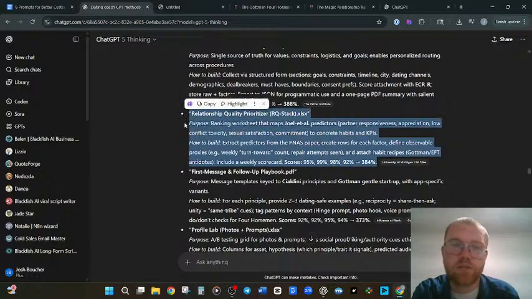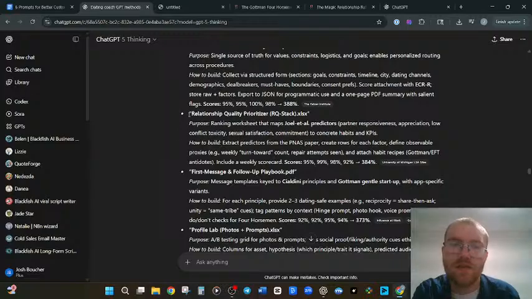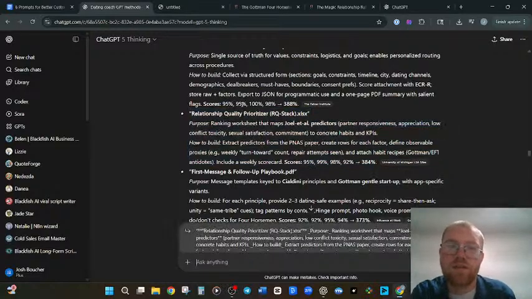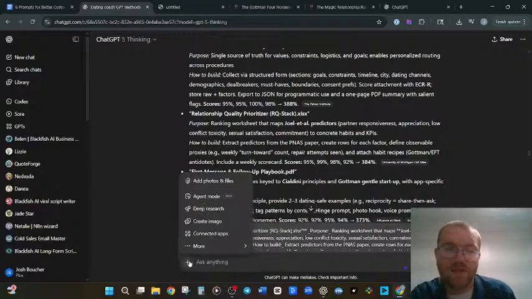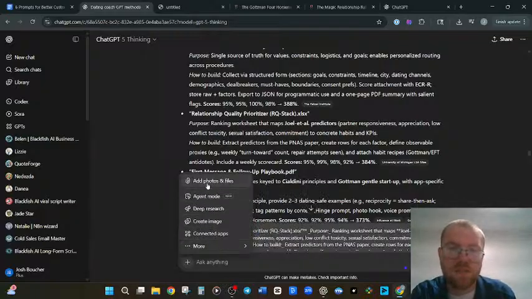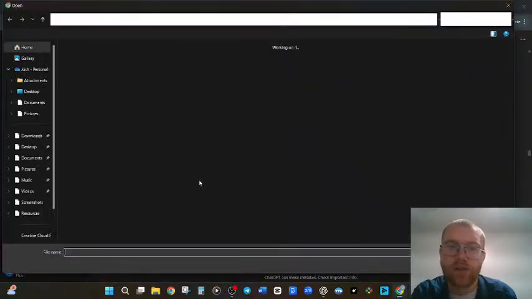For anyone who hasn't done this with ChatGPT, this is a handy feature: you can just highlight something it said and ask it for clarification like this. This is a real handy feature when you want to get into the nitty-gritty. So, let's see, we want to add photos and files.